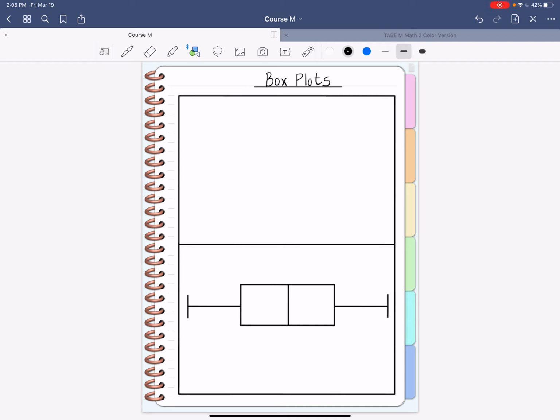I wanted to do a problem in this graph, but then I changed my mind. I think I'm just going to show you the parts of a box plot, and then we'll do the problem on the next page. So with a box plot, there are 5 things that we always mark on the box